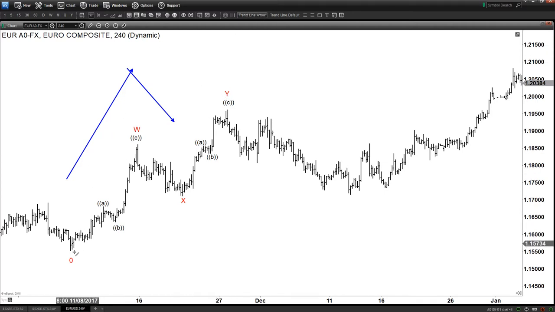Look at this. This is best to be labeled as 1, 2, 3. Look at the distribution there. So we can see this subdivision over here is a zigzag, an ABC. You notice here, this is a 1, 2, 3, 4, 5, and this is 1, 2, 3, 4, 5. So it is an ABC of 5, 3, 5, which is the first leg of this W, and then we got a correction,